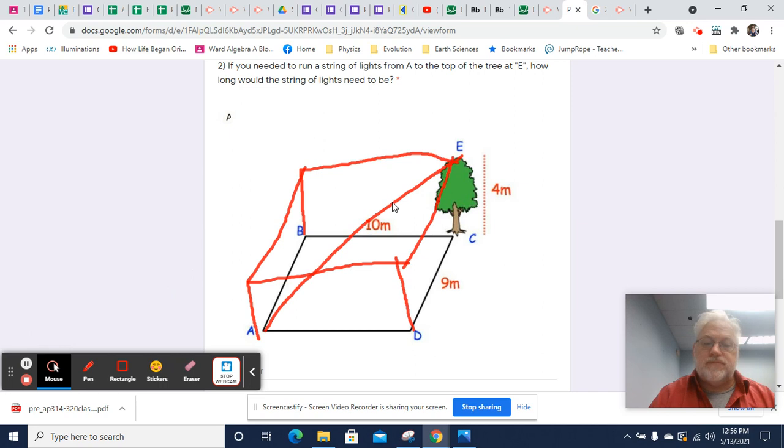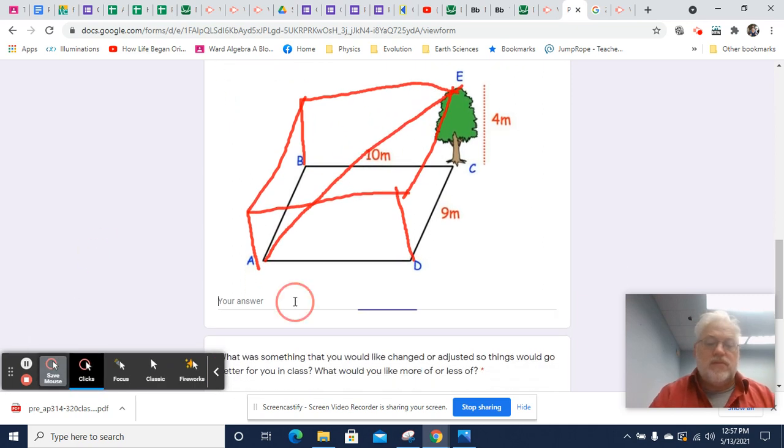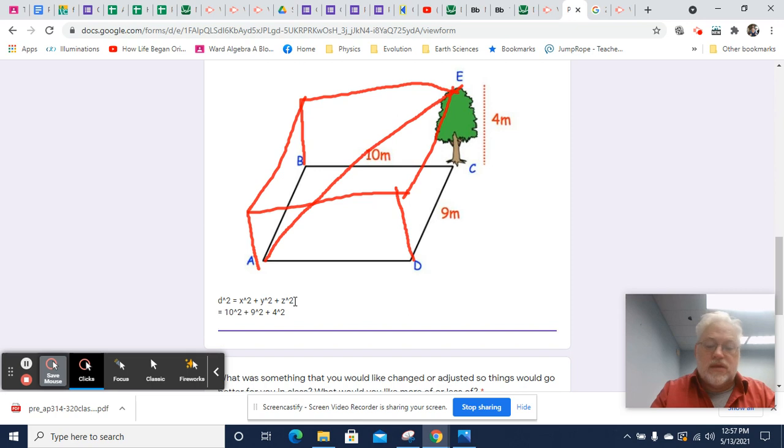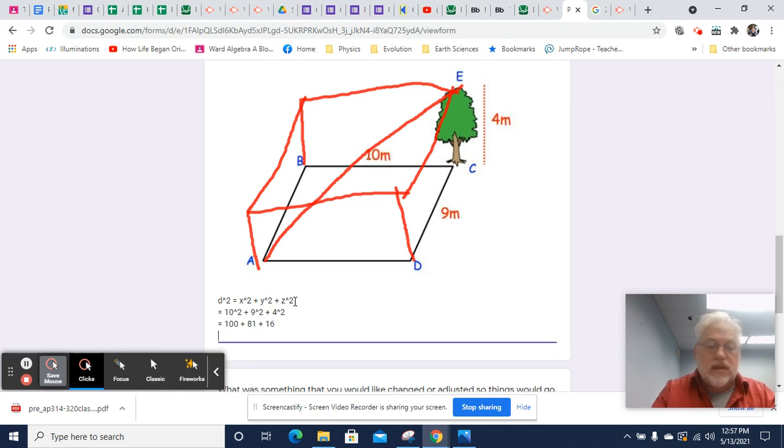And so we're going to get x squared plus y squared plus z squared, and that will give us what we need. And that'll give us d squared. So d squared equals x squared plus y squared plus z squared. And so I'll just leave it like this. So that's going to equal 10 squared plus 9 squared plus 4 squared. And that's going to equal 100 plus 81 plus 16. So that's 181 plus